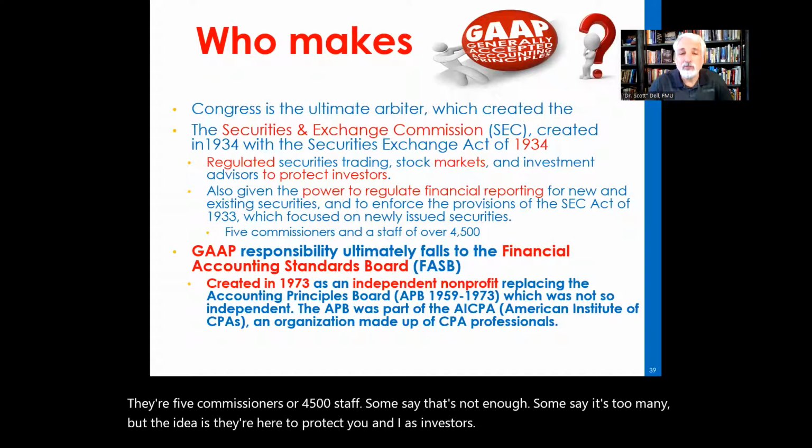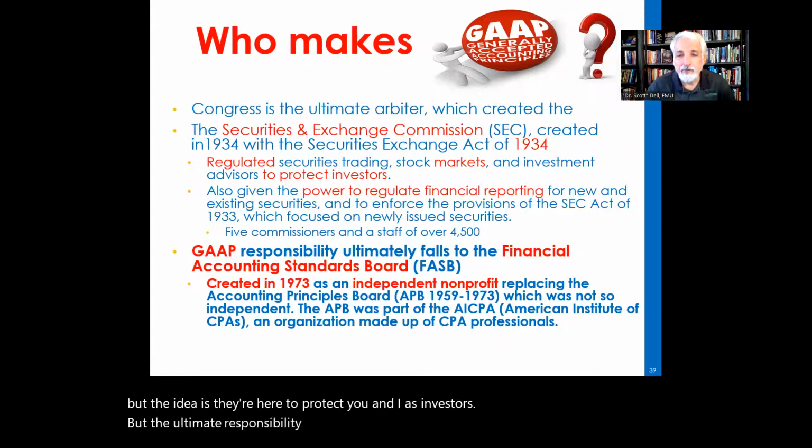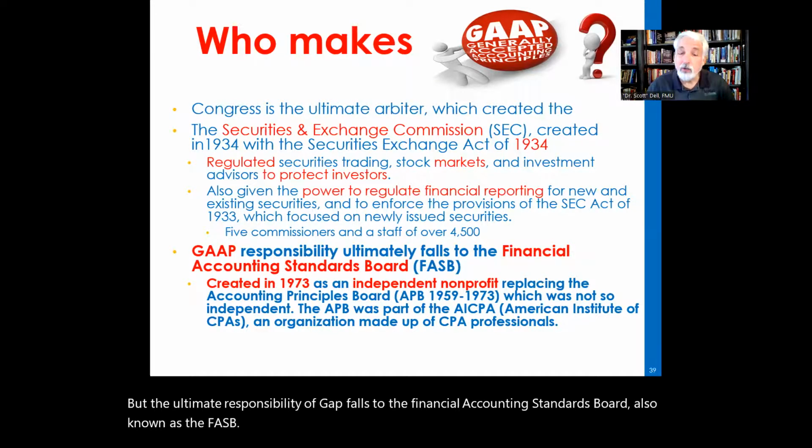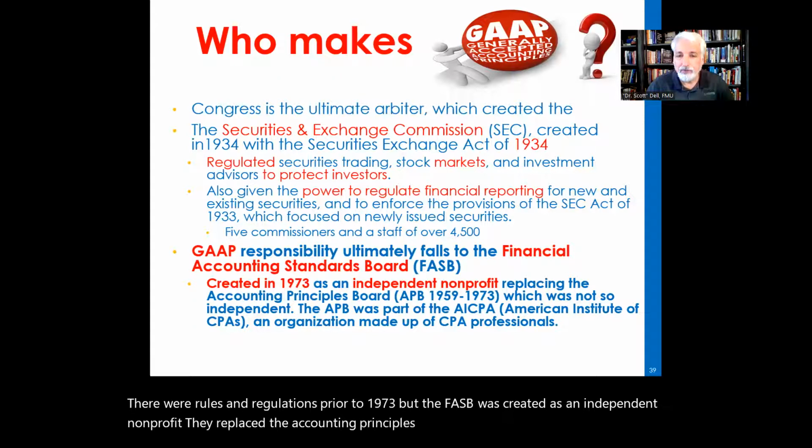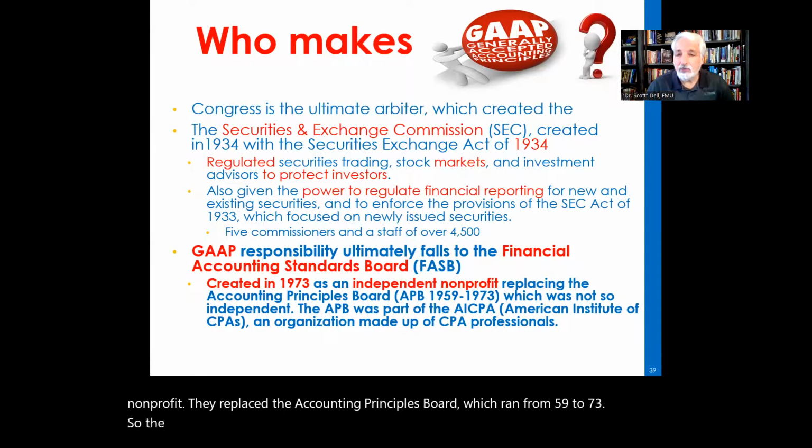But the ultimate responsibility of GAAP falls to the Financial Accounting Standards Board, also known as the FASB. There were rules and regulations prior to 1973, but the FASB was created as an independent nonprofit to replace the Accounting Principles Board, which ran from 59 to 73. So the Accounting Principles Board, which fell under the AICPA, was not unbiased, was not an independent body, because they